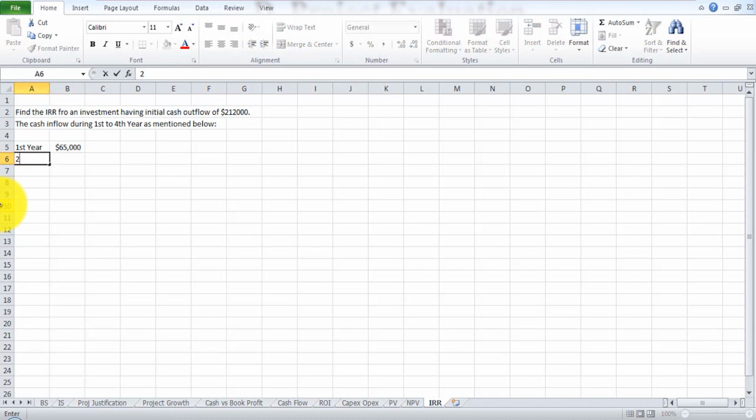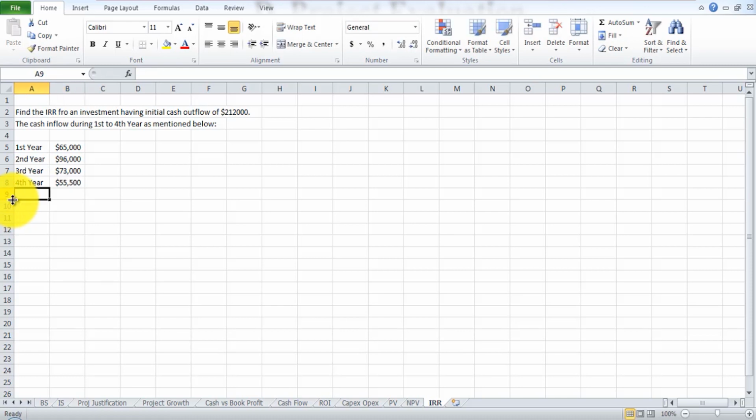For the second year, it would be somewhere around, let's say, $96,000. For the third year, we'll put it somewhere around $73,000. Fourth year, it's going to be